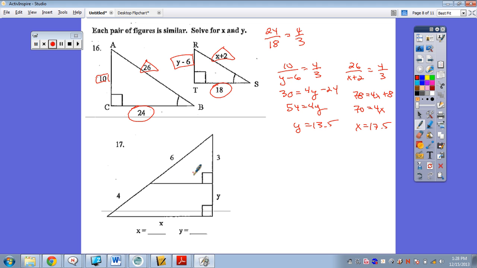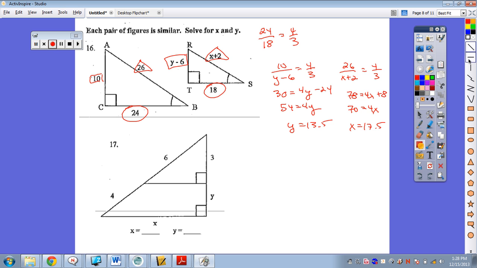Alright, number 17. We learned that there was a quicker way to set up a proportion as long as you knew that this segment was parallel to this segment. Off the bat, by looking at the picture, it doesn't tell you that these two are parallel. However, because you know that this angle right here is congruent to this angle because they're both 90 degrees, let's take a look at those two lines